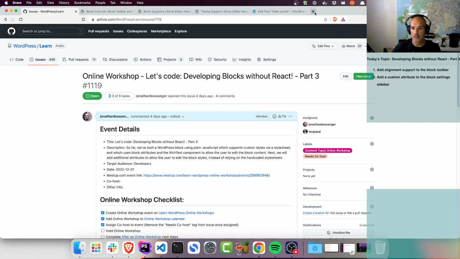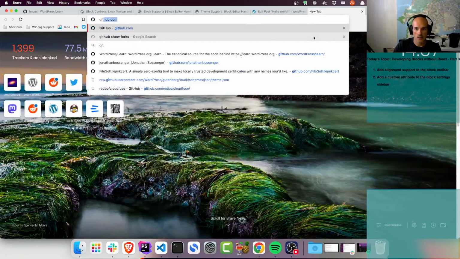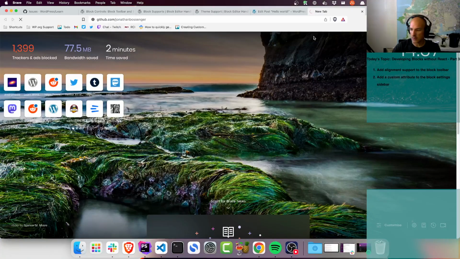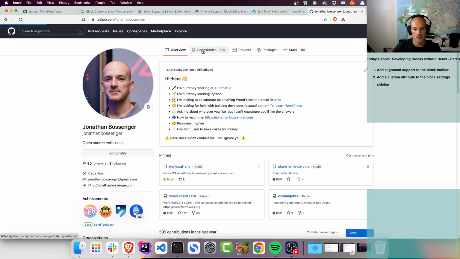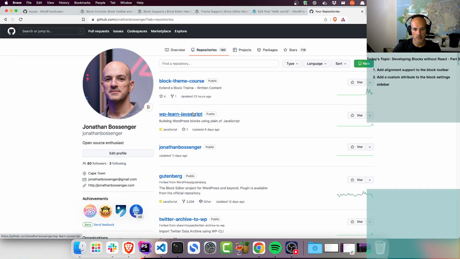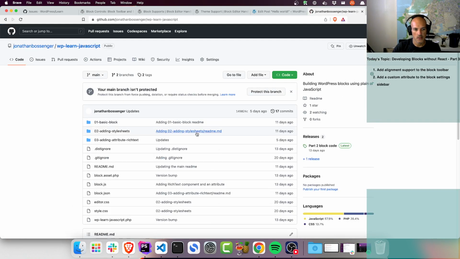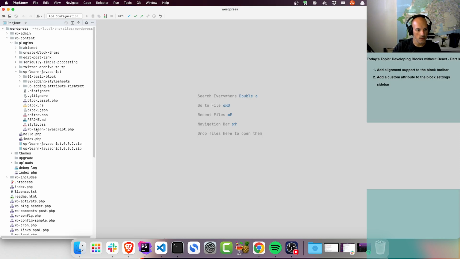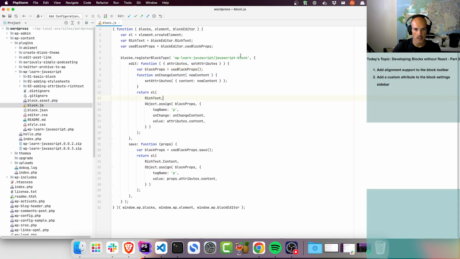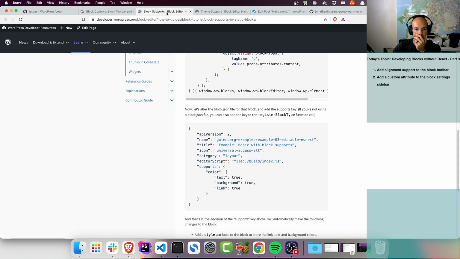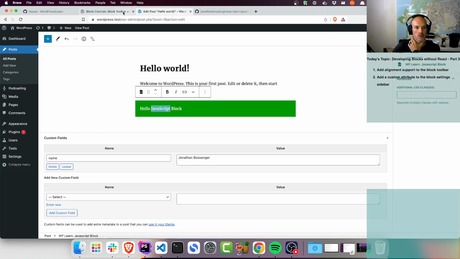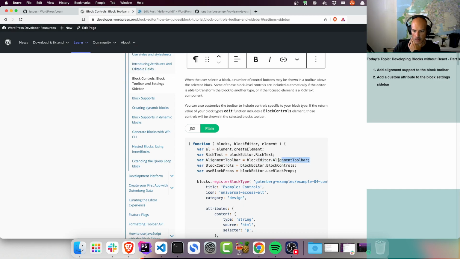If this is the first time you're watching one of these streams, which it might be, I am working on this code. It's the WP Learn JavaScript project repository. The last 3 sessions I've built out these things. I'm now going to be adding to this code, so this is all loaded up in here. There's my block code. That's what it looks like currently. And I'm now going to add to that. Oh, I don't want supports. Don't need theme support. I just need this code. Okay, so we're going to get the alignment toolbar,